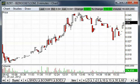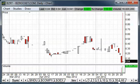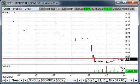So the idea here now next week is watch this 4-5 area, and 5. I mean, it peaked. Today's high was 0.047, so that'll be your range break there on Monday if we can get over that point. It could even run to 6 or 7 cents, because if you look at, well, let's look at the 30-minute chart here. Because if you look at what it did